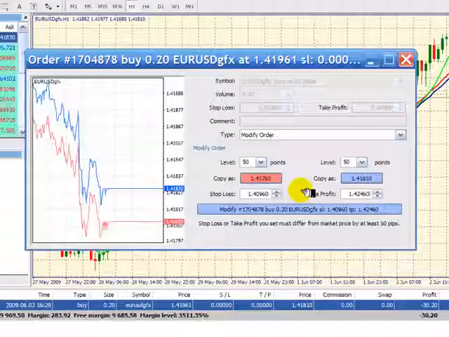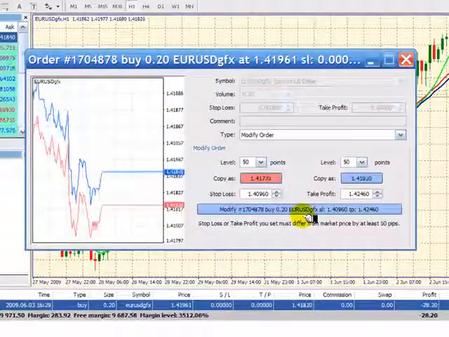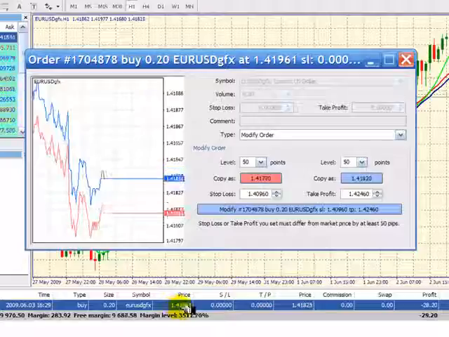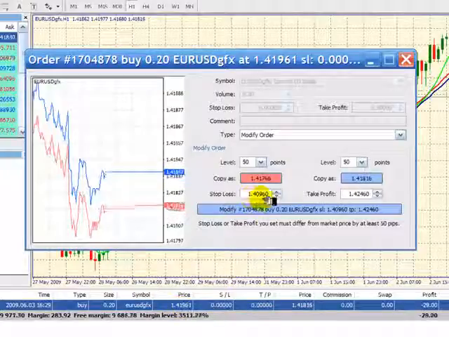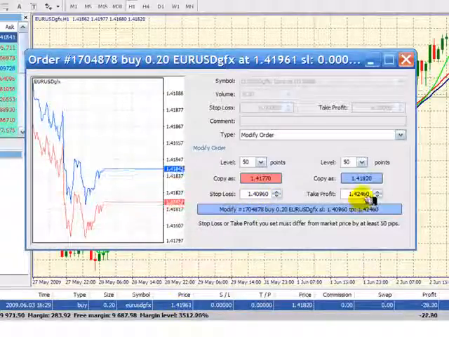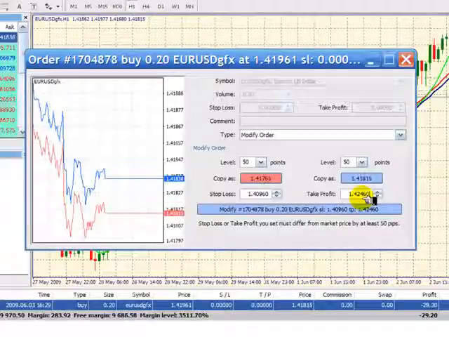I'd be using a calculator, or if you're good at mental math, you can do it that way, but make sure that it's all based on your entry price. So I now have a stop loss of 100 pips. I have a take profit of 50 pips. So now I will click Modify,